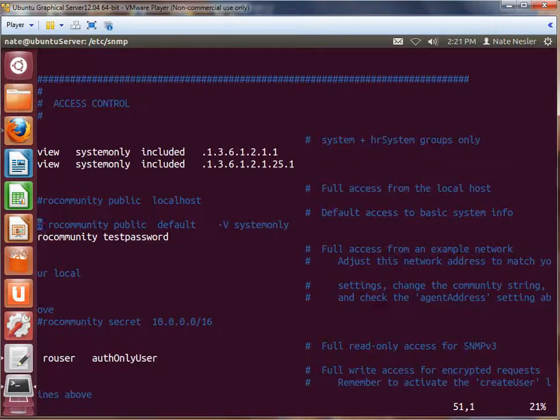So we need to put a # in front of that. In order to do that, I'm going to hit the I key on the keyboard. I is for insert. And once we do say I in there, we're going to put a # to comment it out. By putting a # in front of it, it means it's not going to be seen by the computer. And then we need to type rocommunity on the line right below it, space, and I'm just calling mine test password. Now you could actually put any password you want, but I call mine test password for the simple fact that it's a stupid password to use for a demonstration and not a real password I would use. You probably want to put a real password you would use, but I just did this password for now for